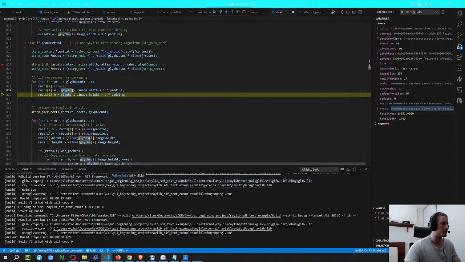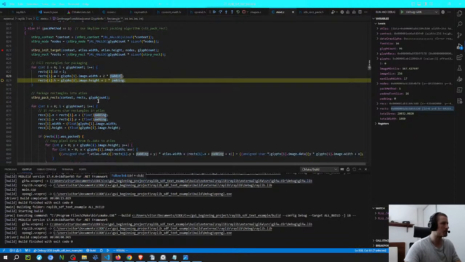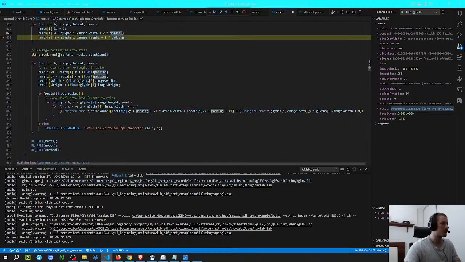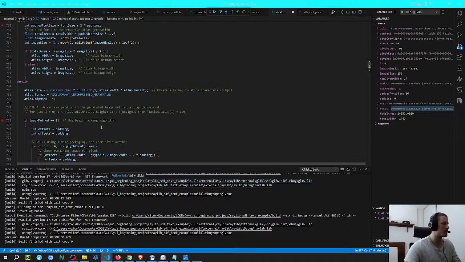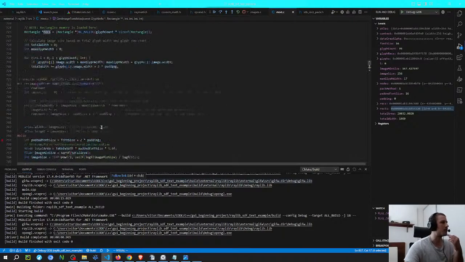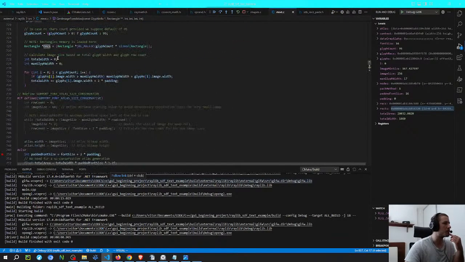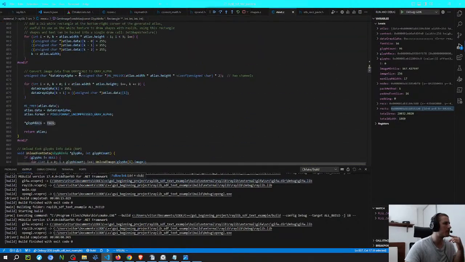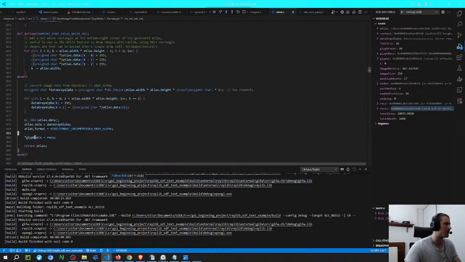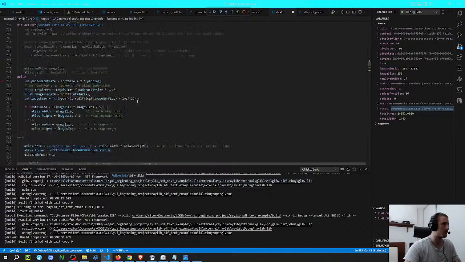It's based on the glyphs, which is each character, the image for each character, width and height, and the padding. And then it creates a context here based on these rectangles, and then creates these final rects based on this other stuff. And there is, I think at the end there, something that makes this equal to, which is another confusing thing. I remember thinking about this at this part here. So this was passed on the main one. This is a pointer to a pointer that they pass to the main function